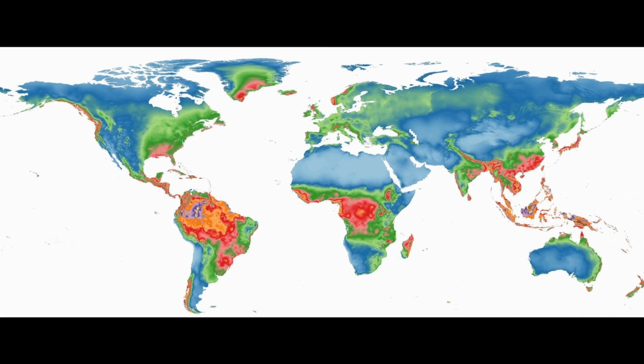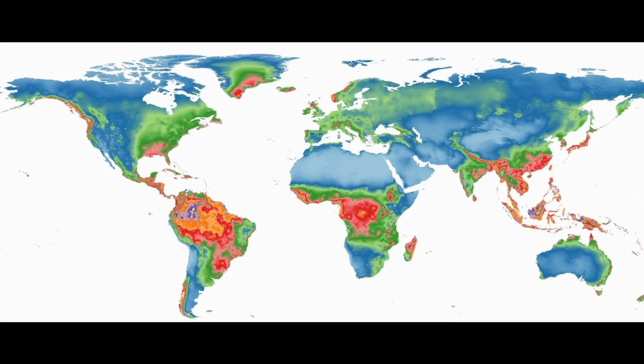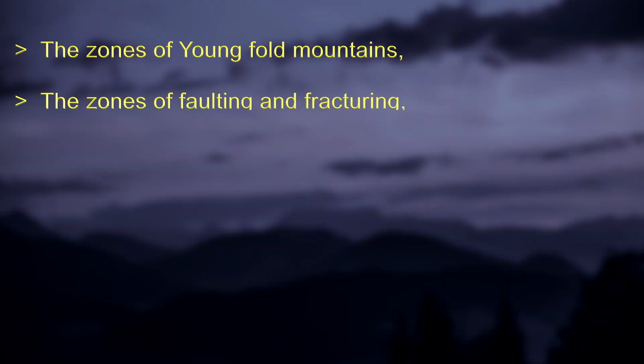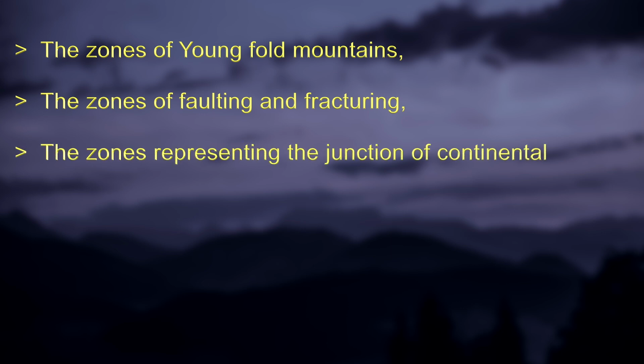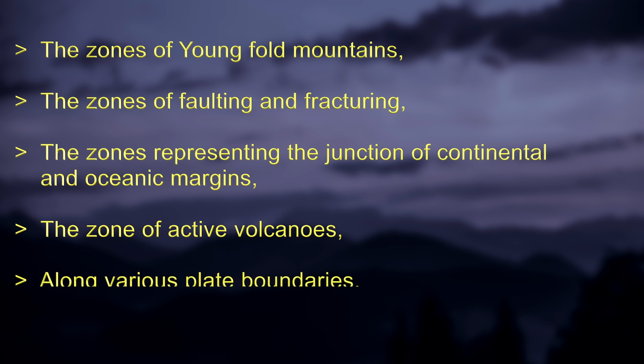The map showing the distribution of earthquakes reveals that they are concentrated in certain zones. Earthquakes are mostly associated with the weaker and isostatically disturbed areas of the world. Most of the world's earthquakes occur in 1. The zones of young fold mountains, 2. The zones of faulting and fracturing, 3. The zones representing the junction of continental and oceanic margins, the zone of active volcanoes, and next one along the